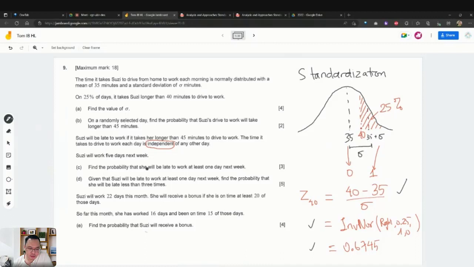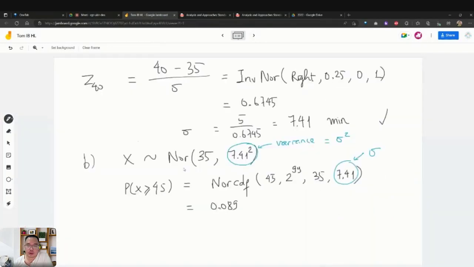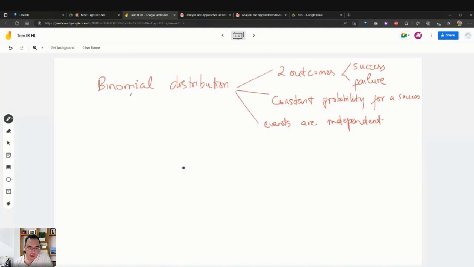Find the probability that she will be late to work at least one day next week. In a binomial distribution, we need to know three things. Binomial distribution, we need to know the number of trials,